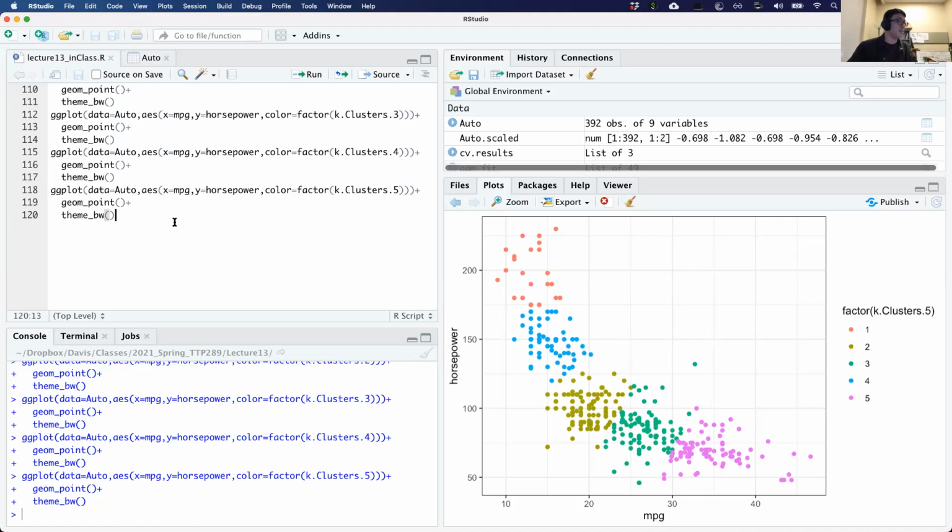So that is k-means clustering. In my experience, k-means is very reliable, it's pretty fast, and you can do it on pretty large data sets. One area where you might get into trouble